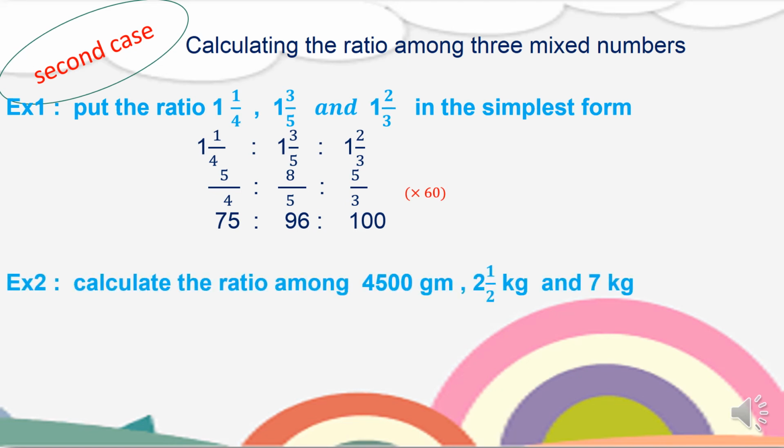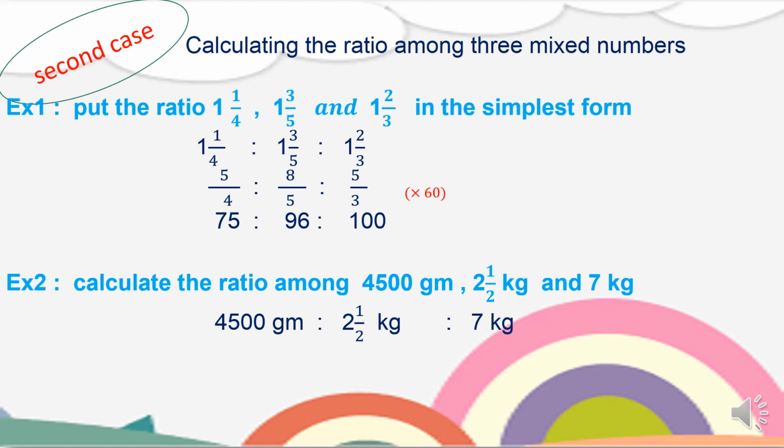The next exercise, calculate the ratio among 4,500 grams, 2.5 kilograms, and 7 kilograms. Put it in the form of a ratio. Now I have three quantities in different units. What do I do, Junior 6? As usual, I look for the smallest unit and keep it. So what's the smallest unit here? Yes, gram is the smallest unit. So I keep it